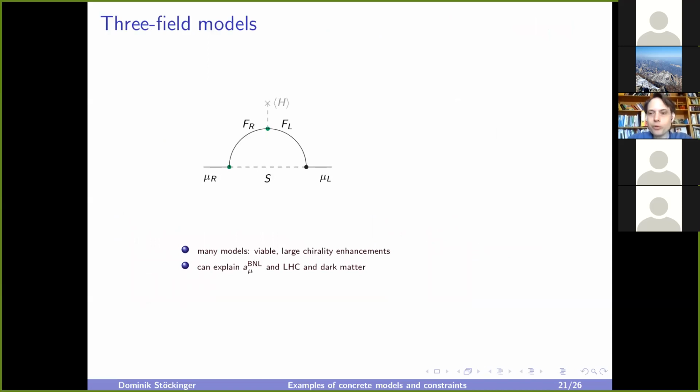3 field extensions open up dramatically the range of possibilities, and with 3 field models you can essentially do everything. And supersymmetry is actually an example of 3 field models, because the Feynman diagrams which are relevant for g-2 in supersymmetry involve precisely 3 fields. But in general, 3 field models can also be investigated without supersymmetry in the background, and then you can see that you can nicely explain g-2 and dark matter simultaneously via new chirality flips.